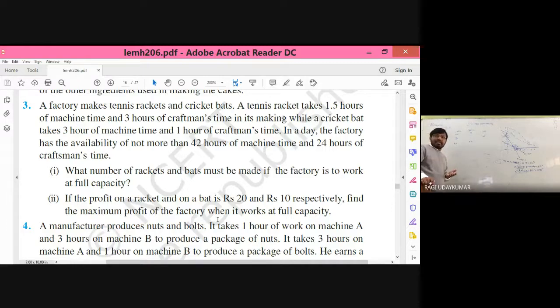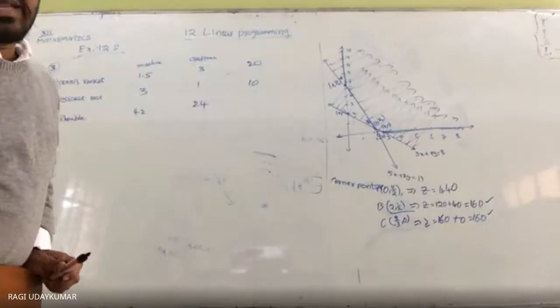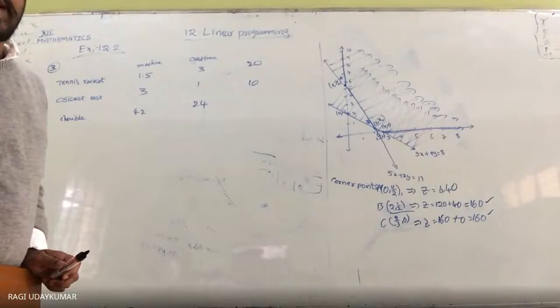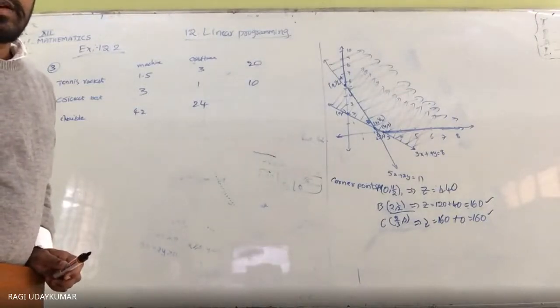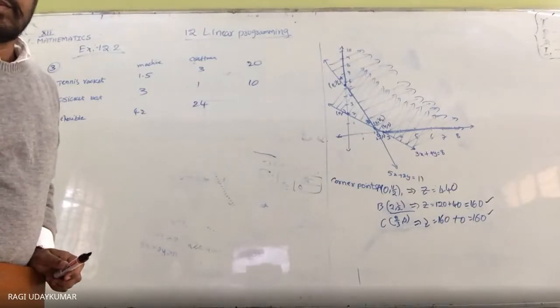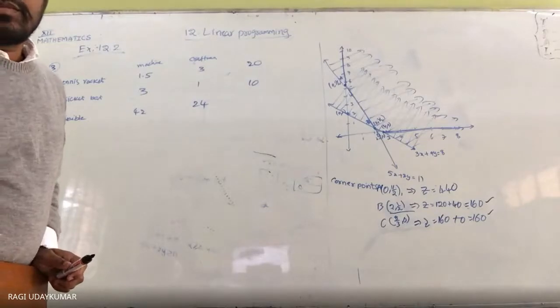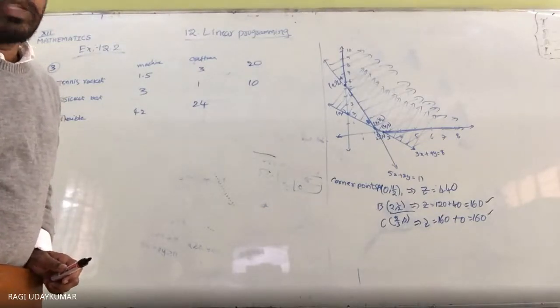A factory makes tennis rackets and cricket bats. A racket takes 1.5 hours of machine time and 3 hours of craftsman work. So this is the question given to you. When you represent it in a table, it will be like this, isn't it? So now here,